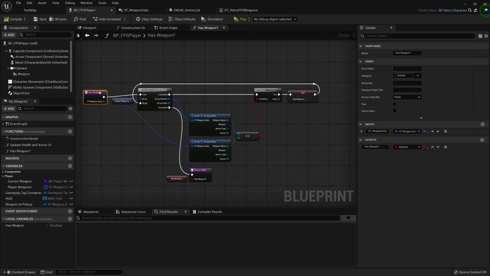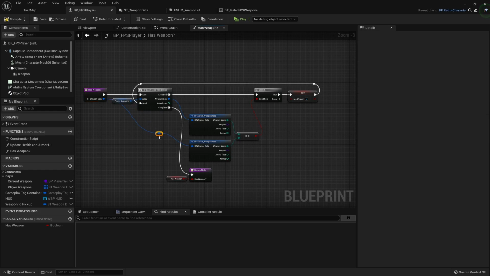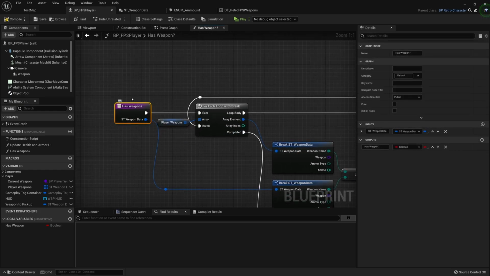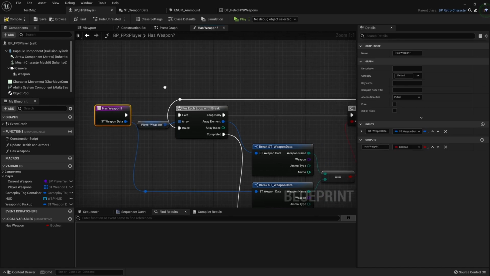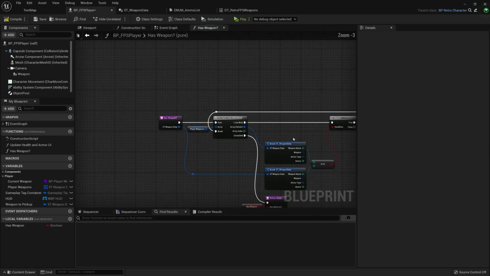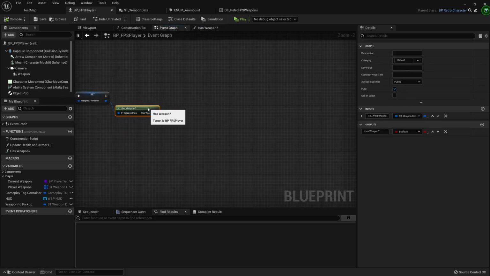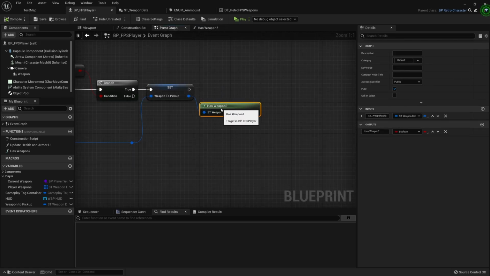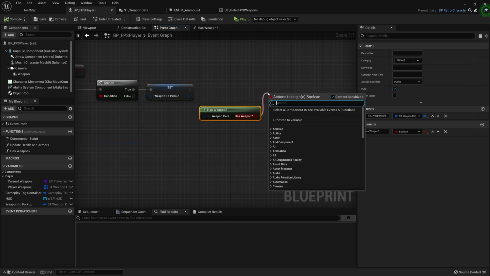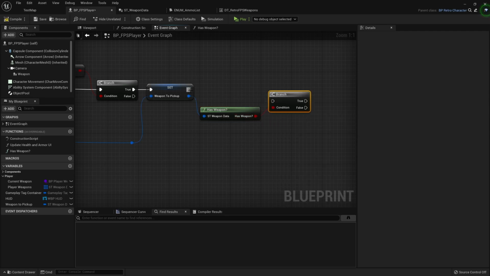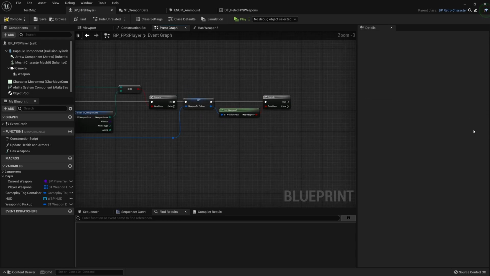So with that done, we can select the input node, and we'll just set this to be pure. And if we compile and save, go to the event graph, it now will just run this, and we'll do a branch. And so now we know whether or not we have the weapon.